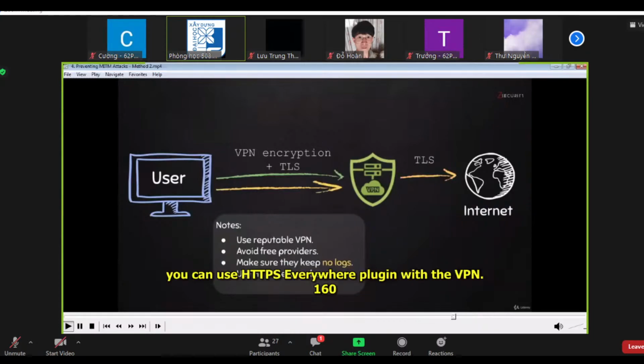And with all of that, you can use HTTPS Everywhere plugin with the VPN. If you do that, you will actually fix the problem of the data leaving the VPN server, because your data will be encrypted between your computer and the VPN server with 2 layers of encryption. First, using the VPN encryption, and second, using TLS because of HTTPS Everywhere. Then, data leaving the VPN server will be encrypted with 1 layer of encryption, which is the encryption enforced by